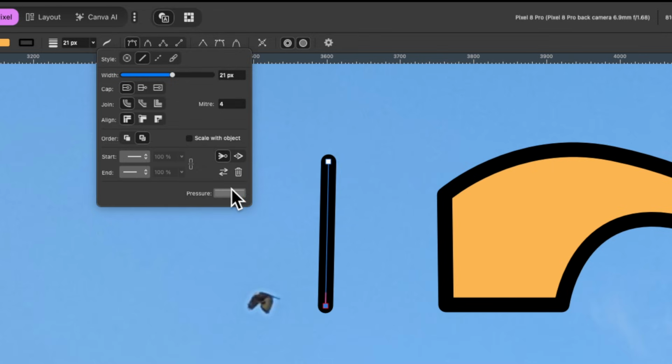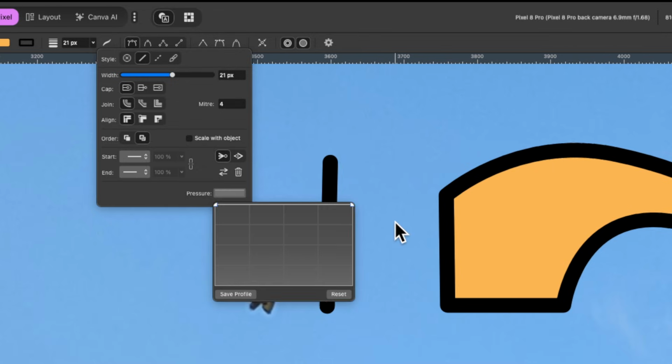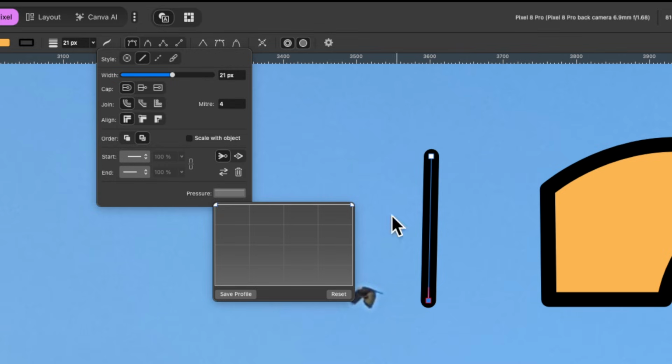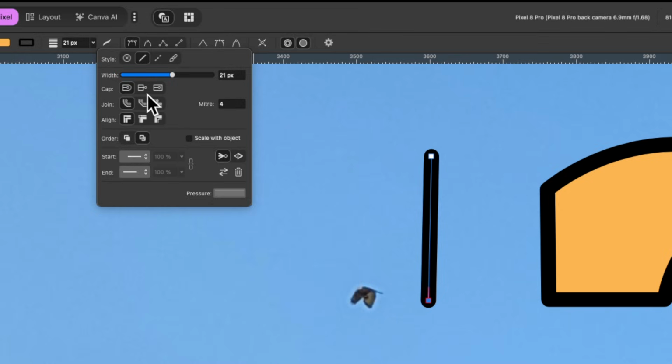And then pressure under here, if I click on that, you can basically change the pressure profile of this line. So I can just click once here and just drag down, and maybe it's thick in the middle here. I can go ahead and delete that node, and maybe I just want to drag one down. If I just drag like this, the whole line goes. But if I hold down Option and click and drag, I can get one end to be thin and the other to be thick. And you can add lots of nodes here, however many you want, and fashion it as you wish. And I'll just press reset, but you can also save those profiles. I'll just reset it. So those are your stroke settings.